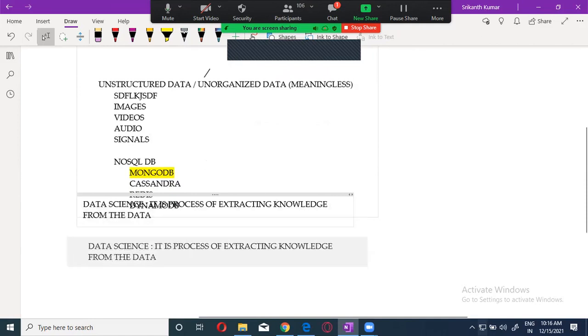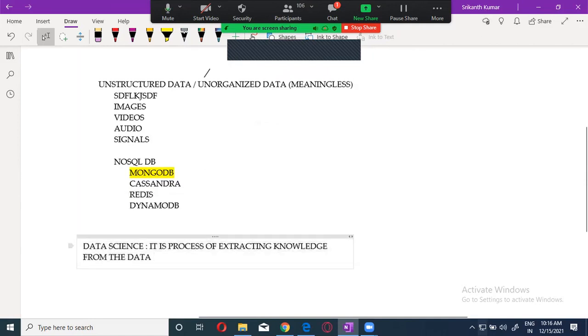Data science is nothing but a process of extracting knowledge. Now, you may ask me a question: we got the knowledge, we have done the data science, we have gone through the data, what is the use of that? See, guys, this knowledge can be used to an extreme level in such a way that we can manipulate a person. That means I can easily make a person do what I want. Will it be possible? Yes, it is possible.